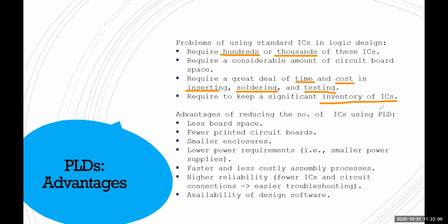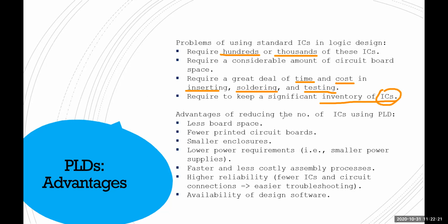This is called supply. You need to have some supplies at your home, because if you need one IC and you cannot find it, that will be a problem. So you need to keep supplies of ICs at your home. For all 7 ICs, you need to keep the supply.